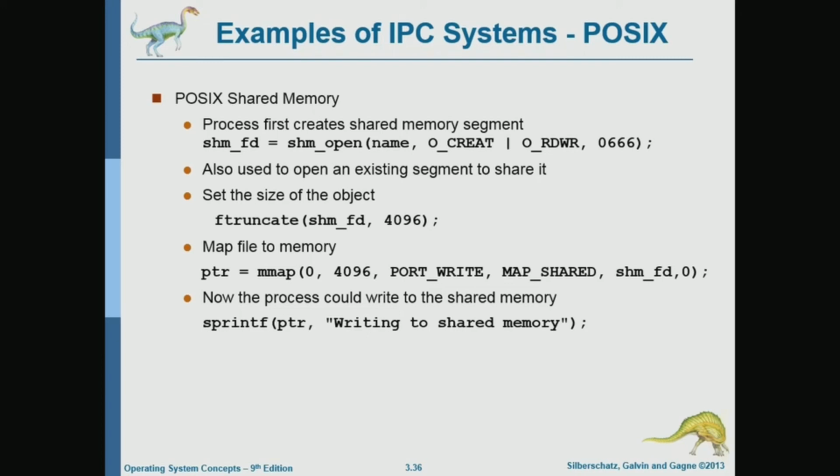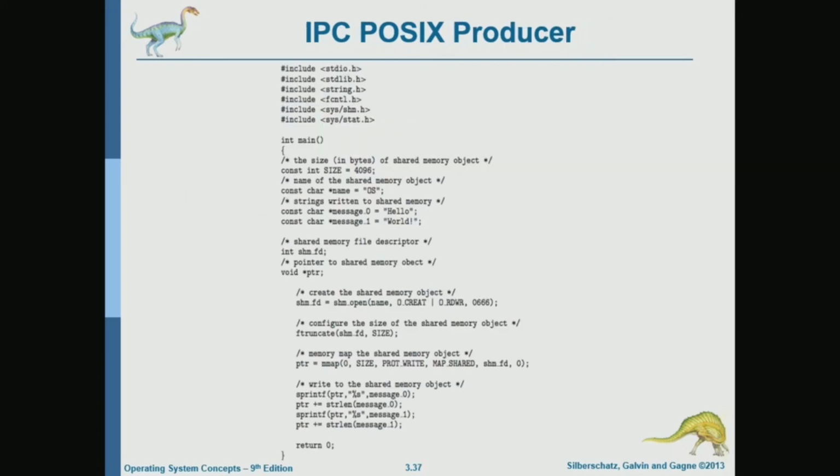Okay. In fact, we will look into more details when we look at the code for assignment number 1. But let's now go through this example. This is a very simple example for a producer that produces hello world. The producer in assignment number 1 will produce random numbers.